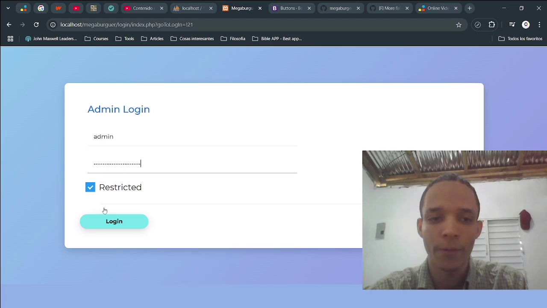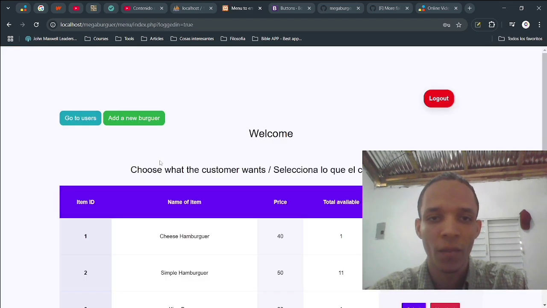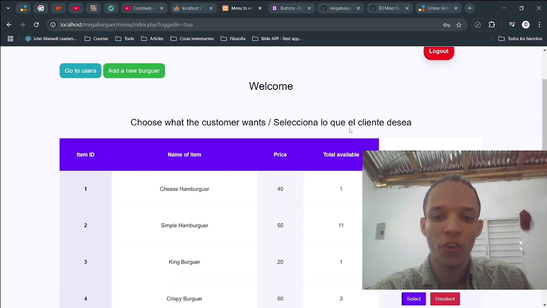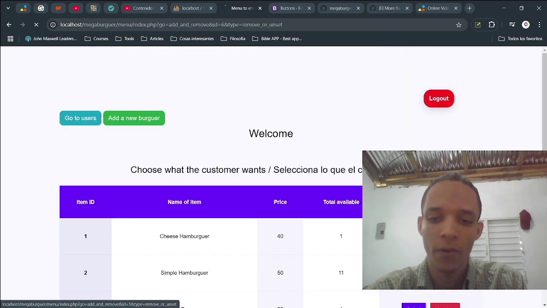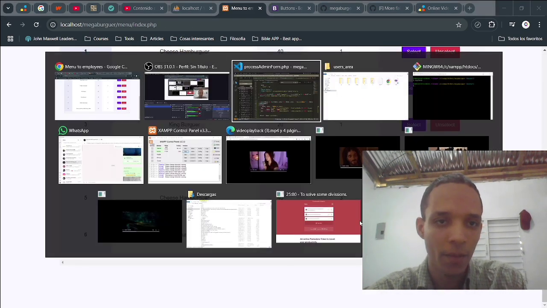Now I got the password. As you can see, the login is working. Let's prove if this is working as well. If I click on select, it should make or unselect. Let's see. It's not making